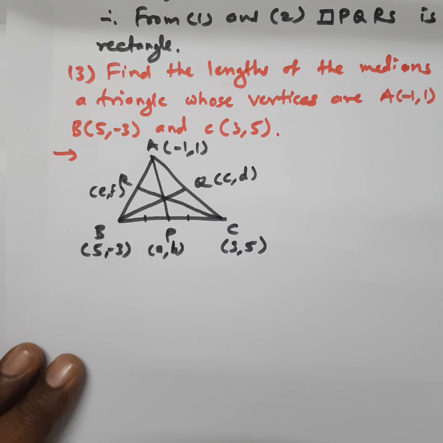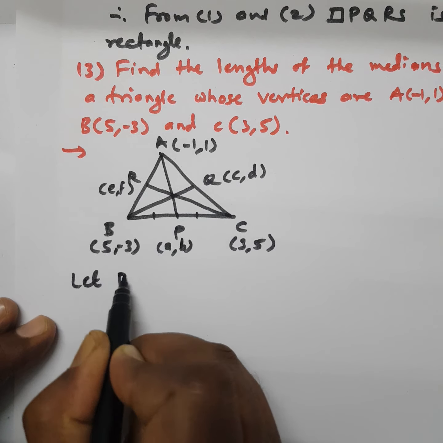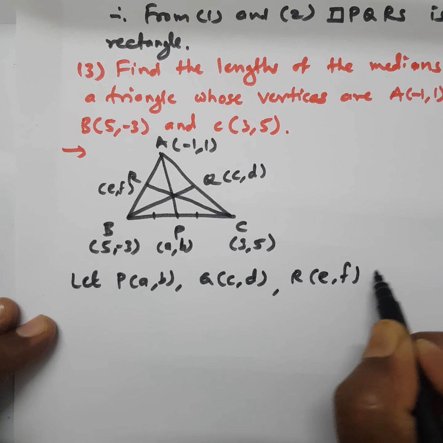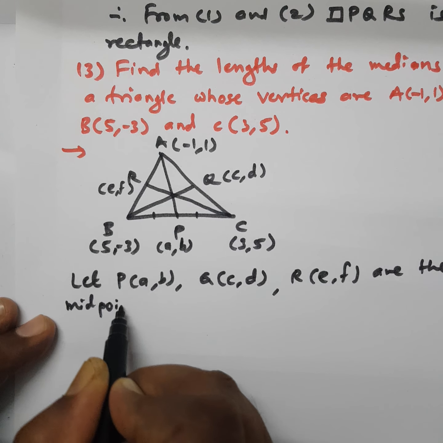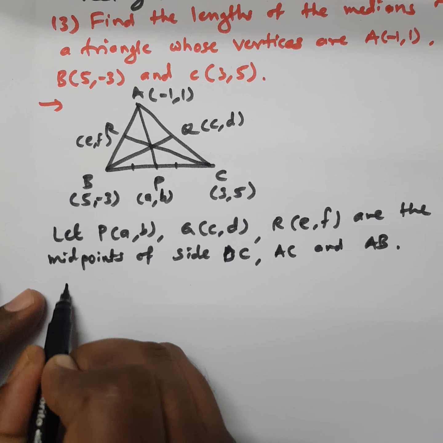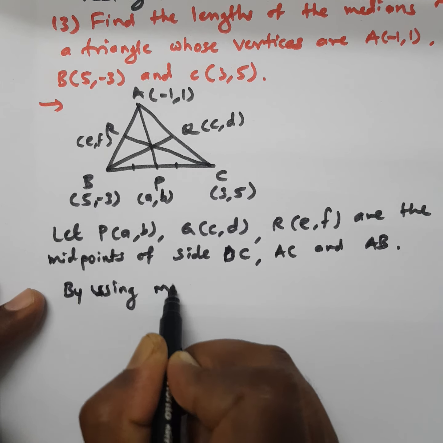distance formula. First, let P(A, B), Q(C, D), and R(E, F) be the midpoints of side BC, AC, and AB. By using the midpoint formula,